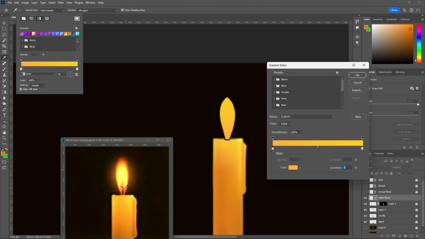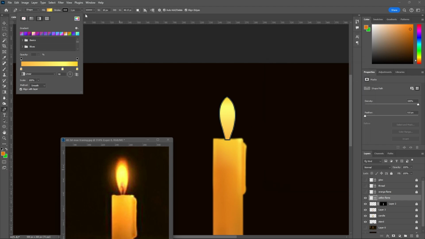Yeah, this one, and between these two here I want some lemon yellow, whitish lemon yellow here. So click here and take this one. This is nice, and say OK,